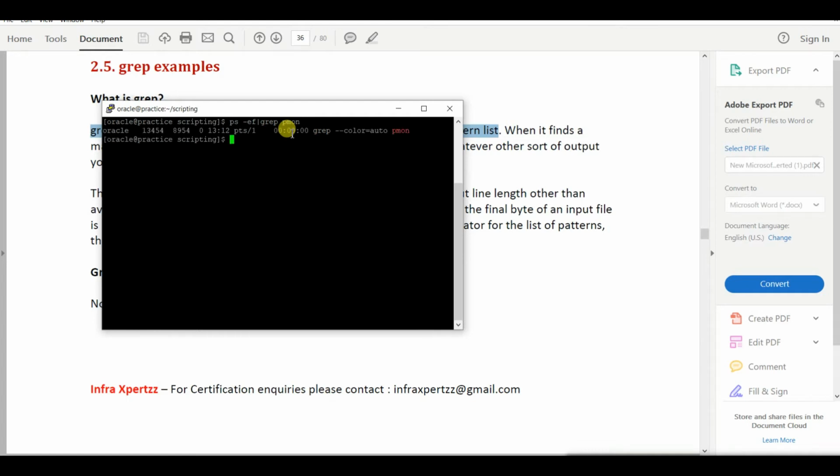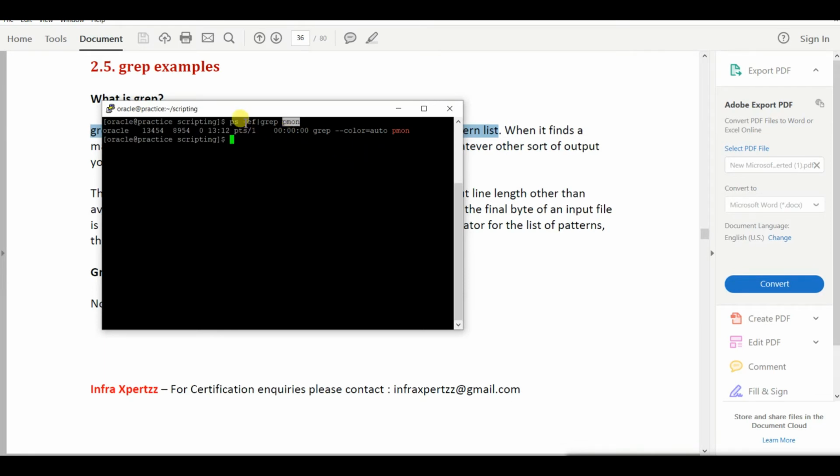But what it is doing is, it will be taking the output of ps -ef and filtering it, and will see what all processes are running with the name pmon. So it will be performing the operation given on the left side of the pipe, which is ps -ef, and the output of this is given to the right side, which is grep pmon.